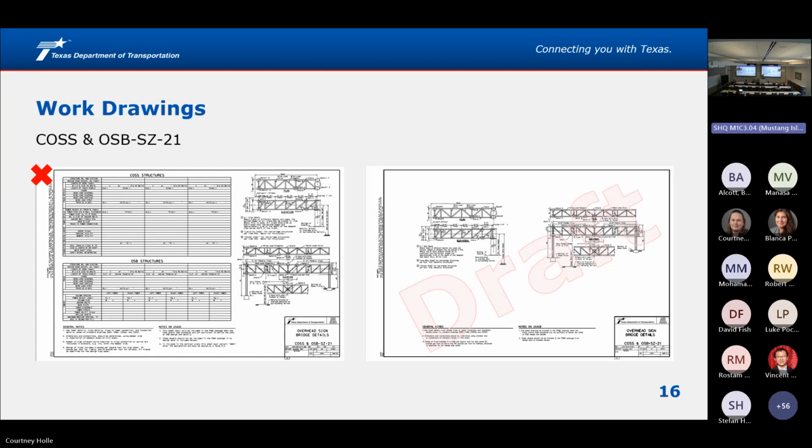But again, the concept of what you're doing, the member sizes and everything like that are within the standards. So if you have a DMS, it's technically not applicable to the standards, but you can still use the standard tables using engineering judgment. That's what the Excel table is trying to help you with, right? Let's select standard truss sizes in every configuration that we have, even though you're kind of outside of the range of applicability.